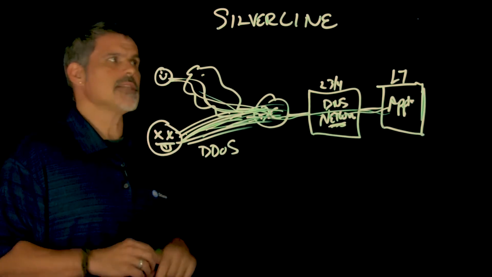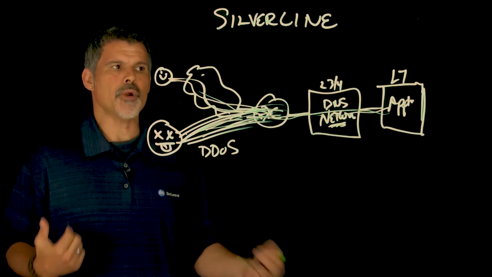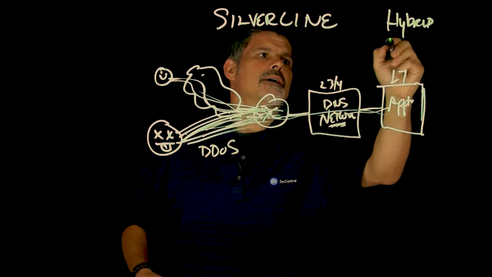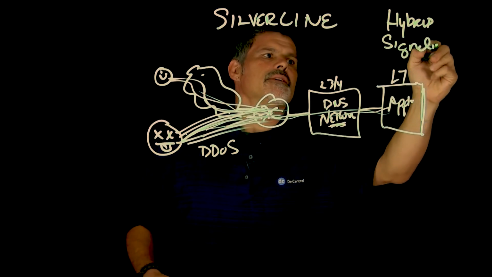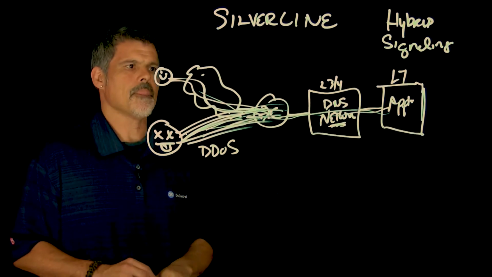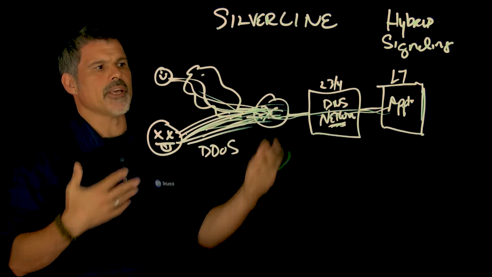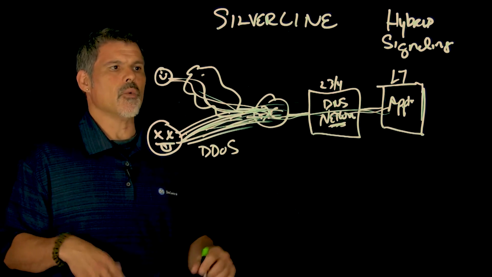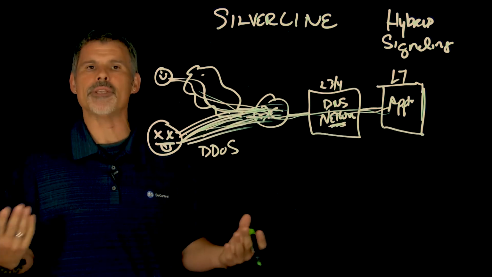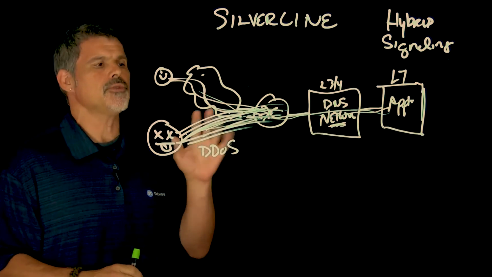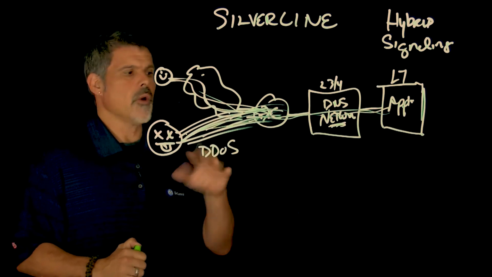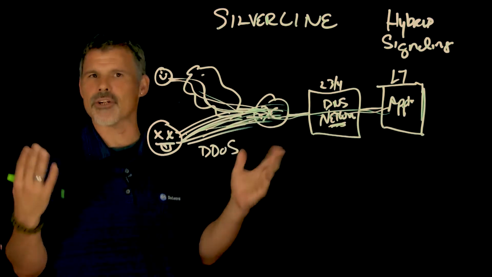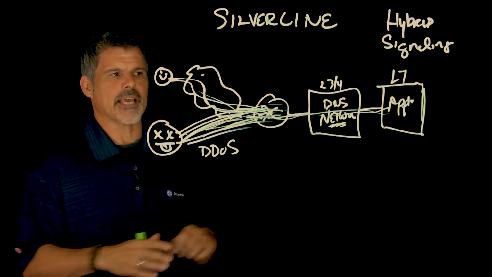But with Silverline's hybrid signaling, now this is pretty cool. Hybrid signaling is actually an iApp. Let me write it over here. Hybrid signaling. So it's an iApp that you can download. And what you do is you load this iApp either on your BIG-IP or the DDoS Hybrid Defender. And once you have this iApp running, it opens up some advanced configurations and allows you to configure certain thresholds, whether it be volumetric thresholds or bad actor thresholds or certain other types of things,